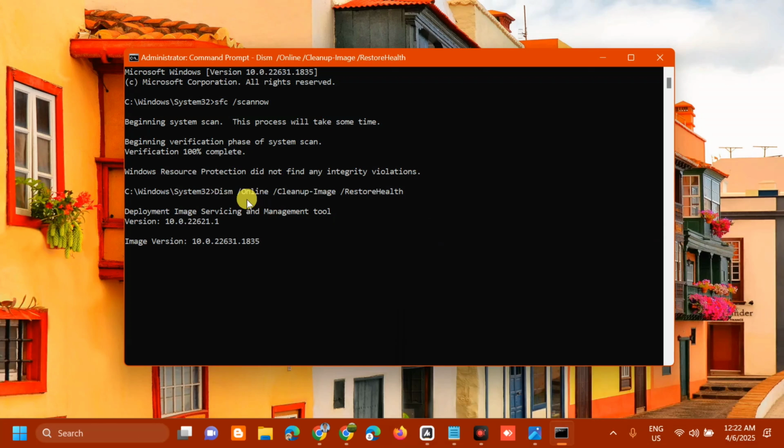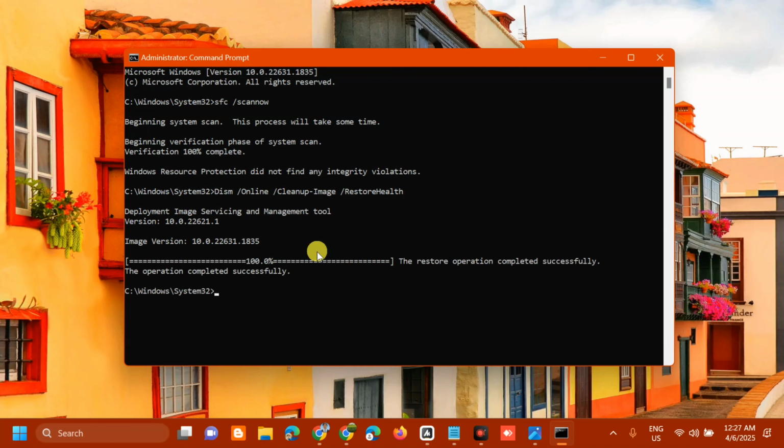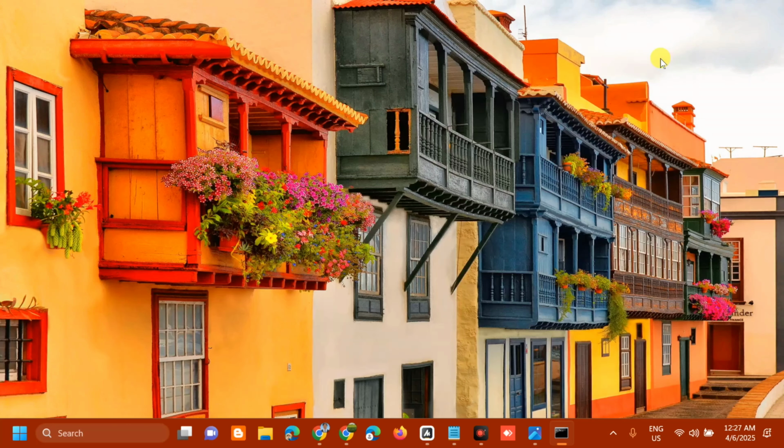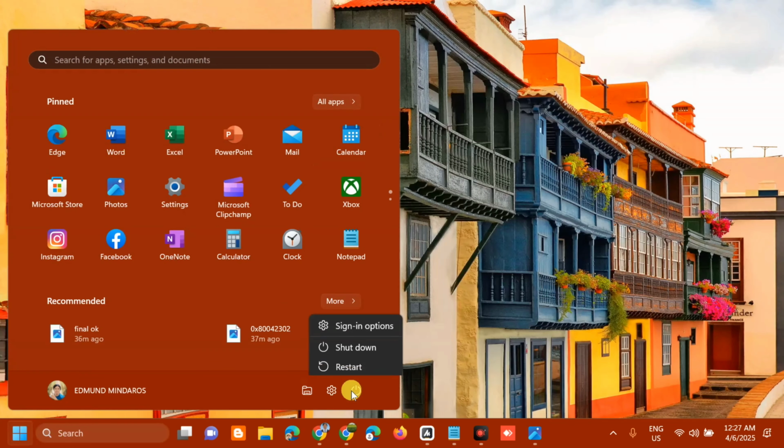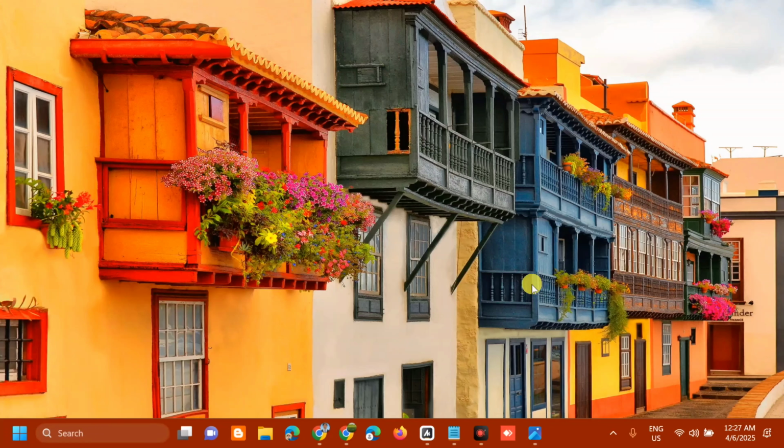The Deployment Image Servicing and Management tool runs. We need to wait again for the verification to reach 100%. The restore operation completed successfully. Then we need to close this CMD, go to the Start menu, and restart. Alright, so that's it guys on how to fix System Restore with the error code